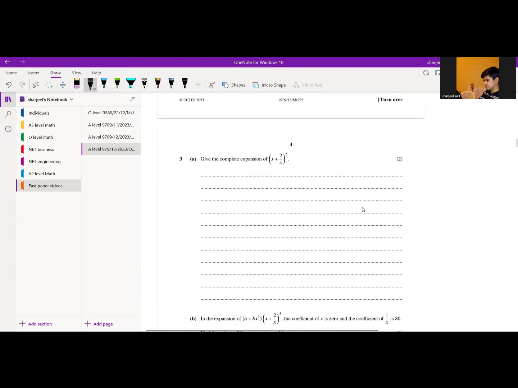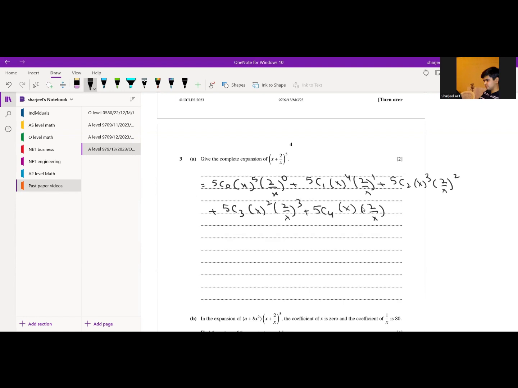Now move on to question number 3. We have a binomial expansion. We have to expand it completely. So we will use 5C0 x to the power 5 (2 over x) to the power 0 plus 5C1 x to the power 4 (2 by x) to the power 1 plus 5C2 x cubed (2 over x) squared, and so on, up to (2 over x) to the power 5. This will be simplified to